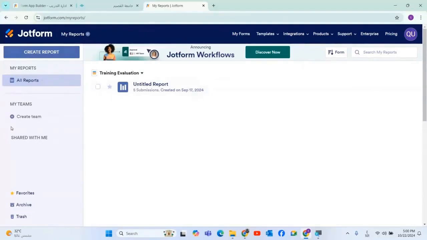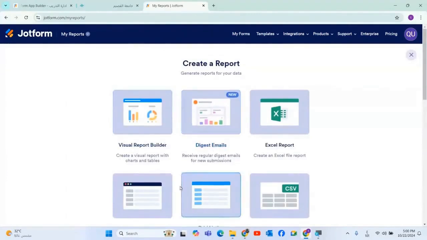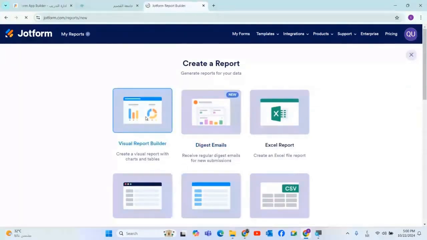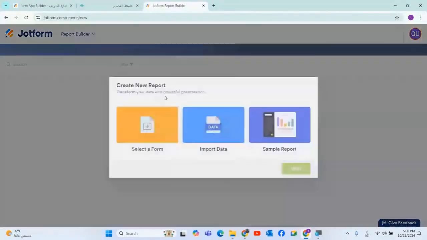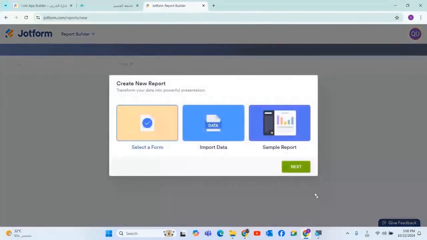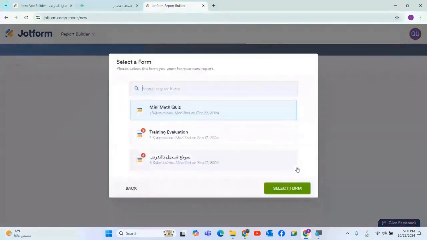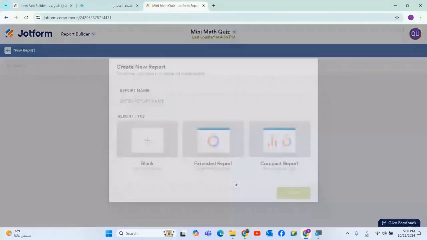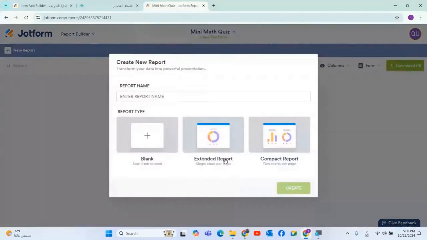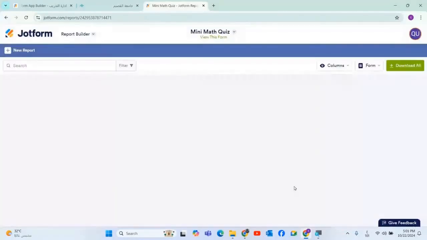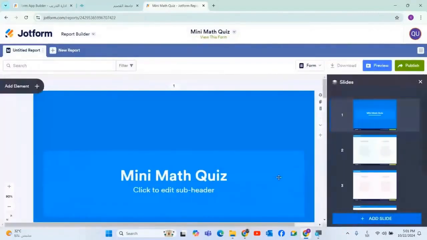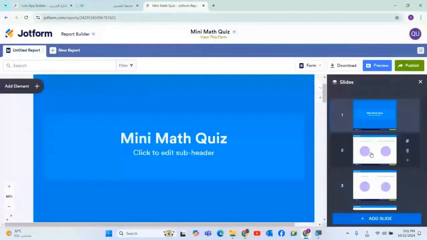I'll create a new report, okay? Create report. And the report will be visual. By selecting the quiz, okay, select form, and it will be my quiz. I want to generate a report for the quiz I just created with you and answered. It tells you that it will show you this format. I said, okay, I chose one of them, and it gives me the mini quiz report saying that there's only